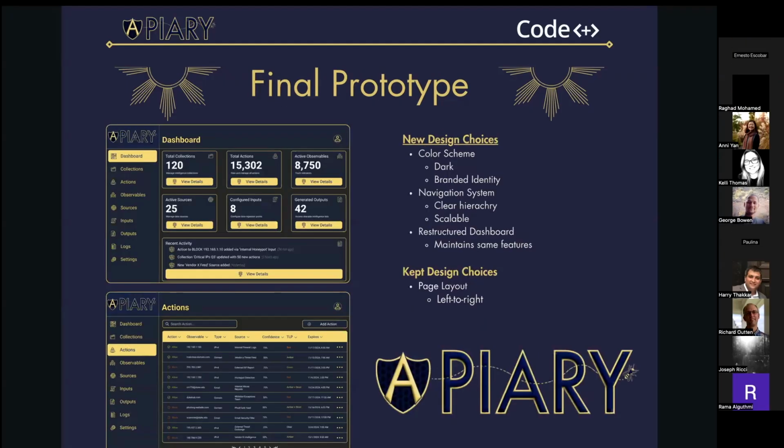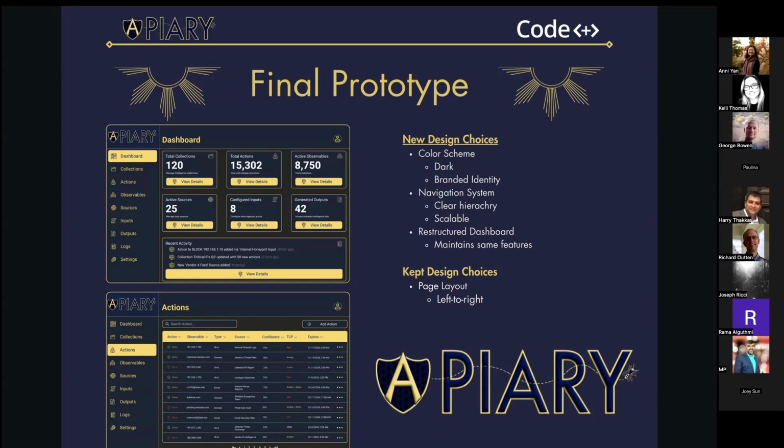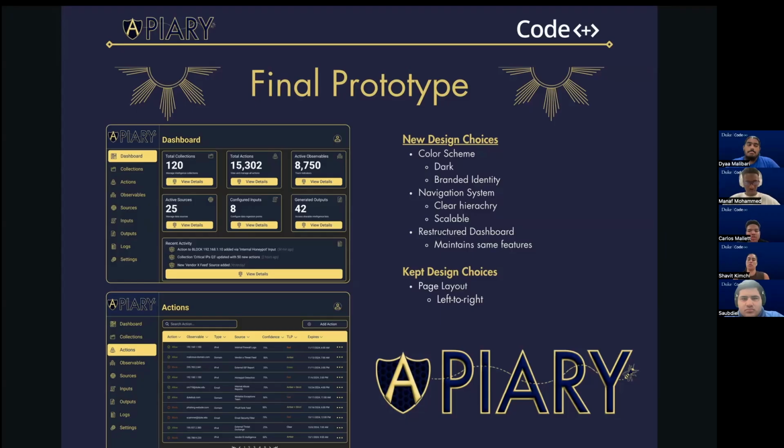So here is our final prototype. We addressed those concerns directly and made key improvements to prepare the system for full development. We shifted to a dark color scheme, which aligned with the stakeholders' preferences and also solved our earlier accessibility concerns. We were more intentional about the contrast using blue and gold now, especially in the navigation to improve readability for